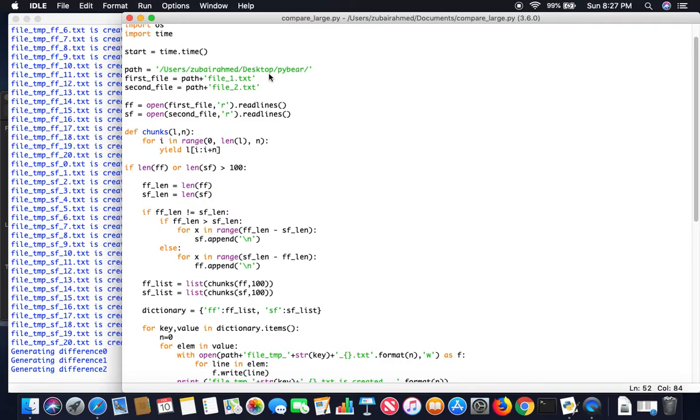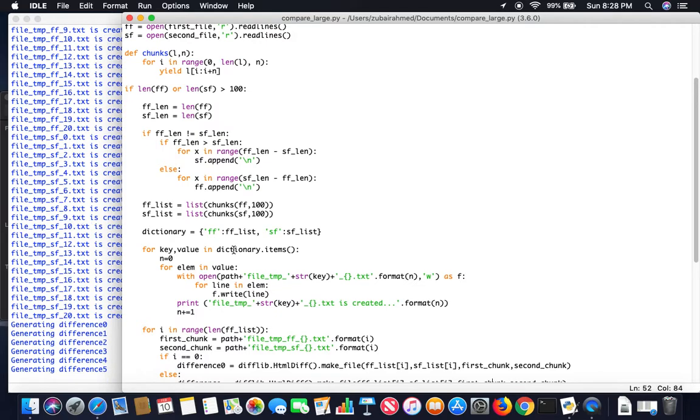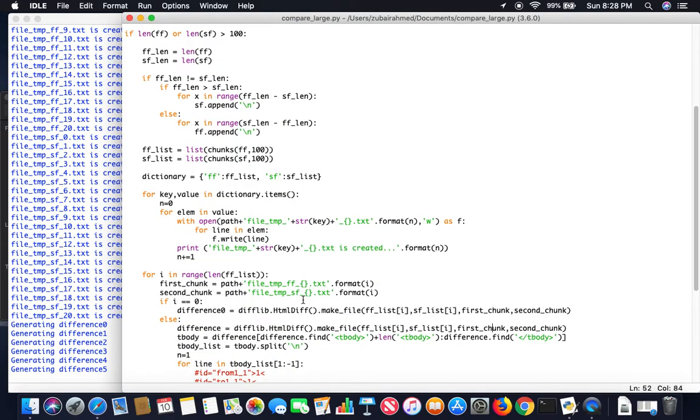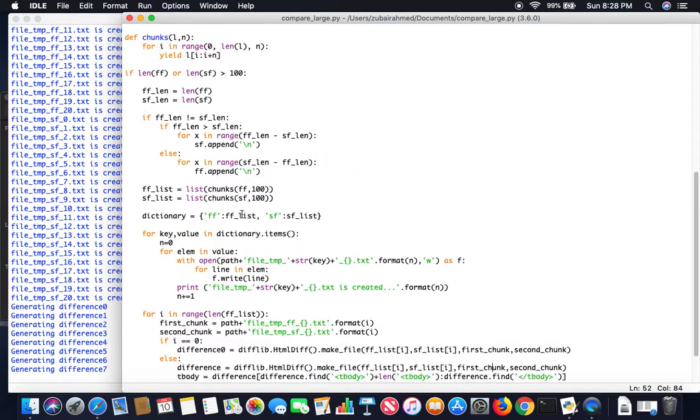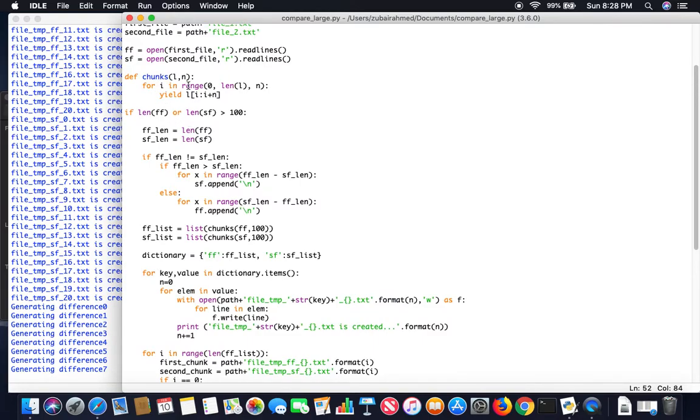So the issue was we had two files that were very big, and Python couldn't handle it. So we had to break them down into smaller files and give them to Python so that it could create the difference of every chunk one by one, which is easier for Python to handle. And then we would take all these differences and write them into one final file called diff.html. But to do that, first we created the chunk function to make chunks of the